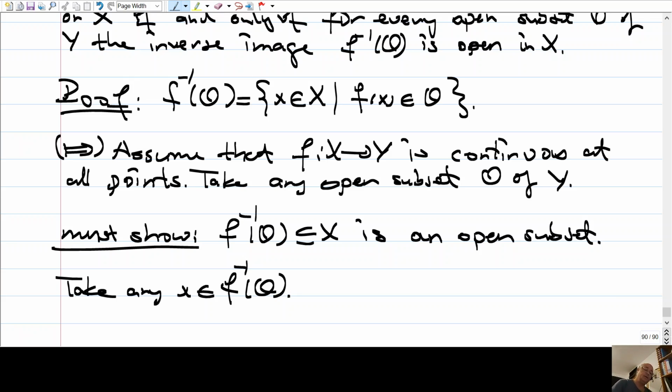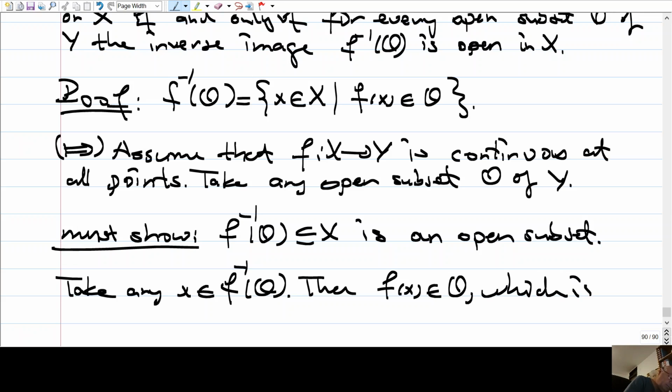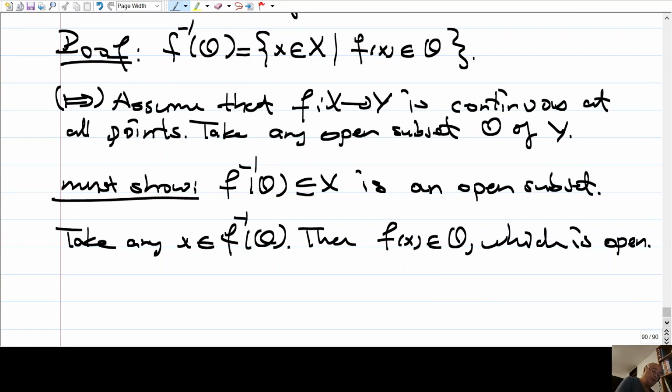All right. Well, what is the definition of inverse? It is this: f of x should be in O. Then f of x is an element of this set which is open by assumption. Well, open means what? I can draw a ball around this, right? Hence, thus,